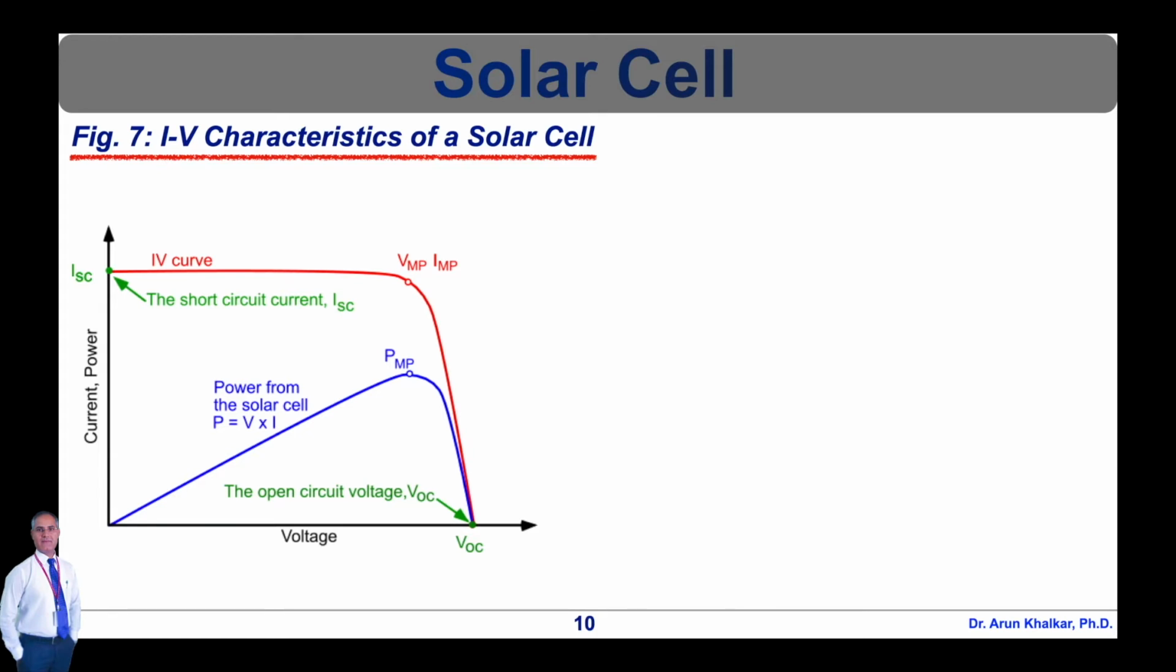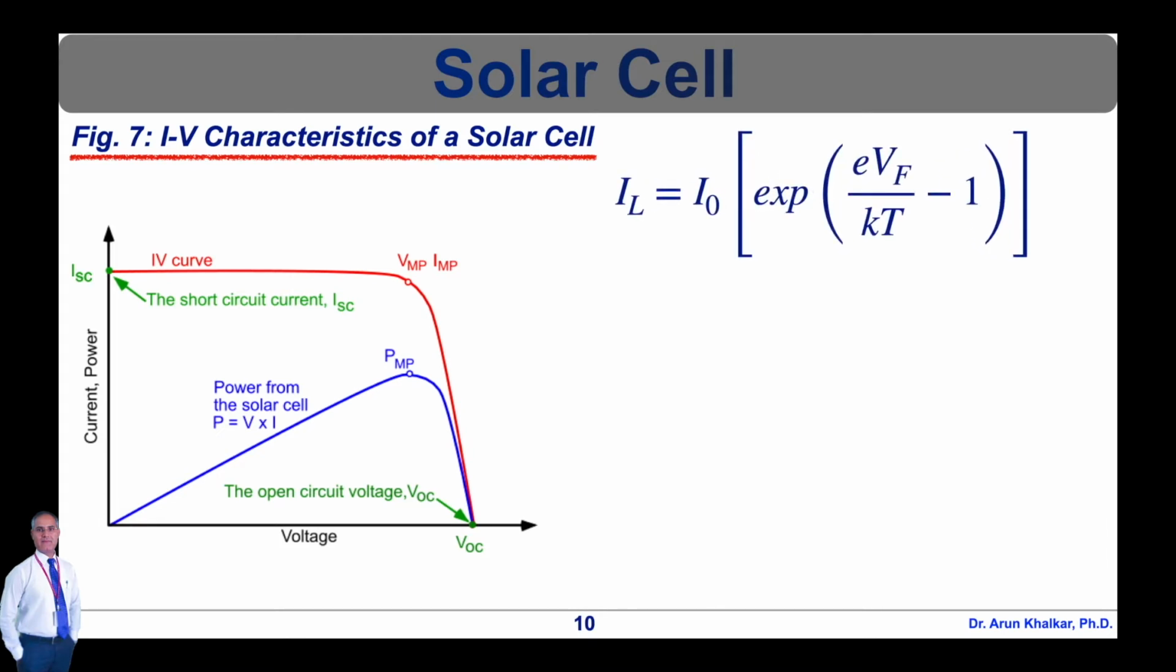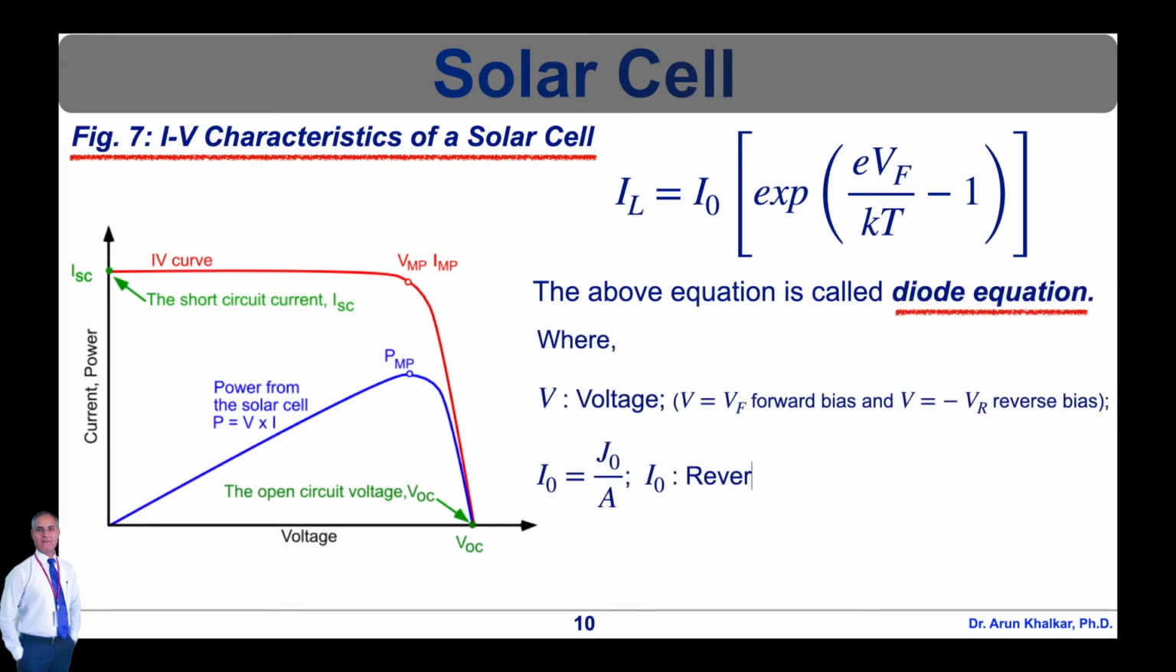from the diode. Illuminating a cell adds to the normal dark currents in the diode, so that the diode equation can be written as I = I0 [exp(eVf/kT) − 1] − IL. This is nothing but the diode equation, where I0 is equal to J0 times A, IL is the light generated current, V denotes the voltage, V is equal to Vf for the forward bias and V is equal to −Vr for the reverse bias, and I0 denotes the reverse